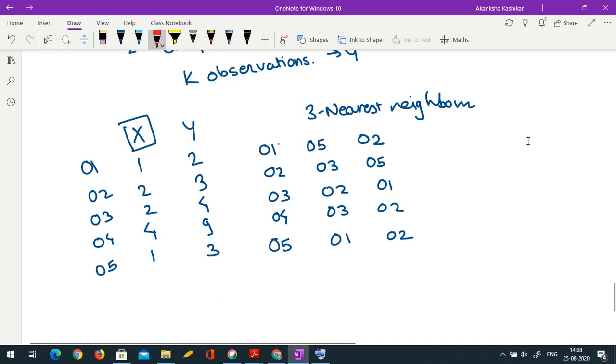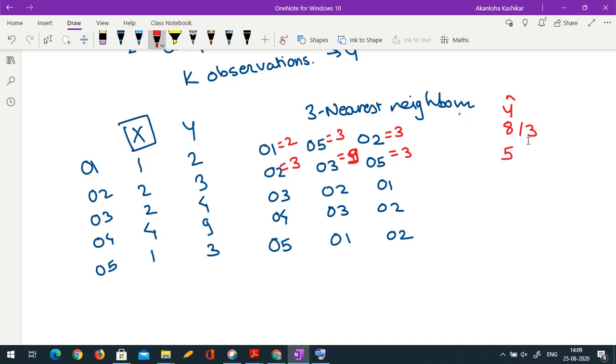So for O1, response is 2. For O5, it is 3. And for O2, it is 3. So my prediction, my y hat, is going to be average of these 3 responses. So 3 plus 3 plus 2. So it's going to be 8 by 3. Then for O2 prediction is 3. For O3 prediction is 4. 9. And for O5 prediction is 3. So average is going to be